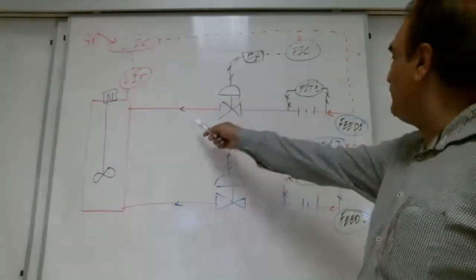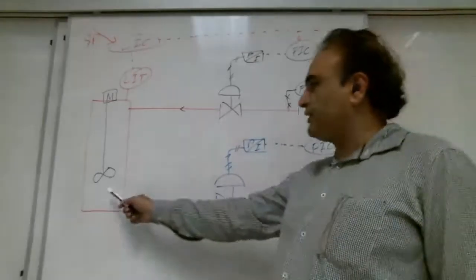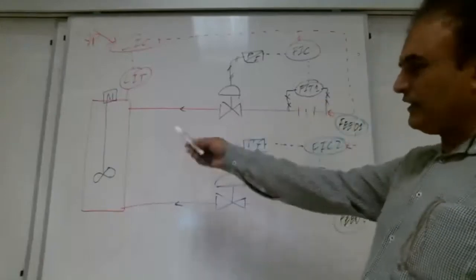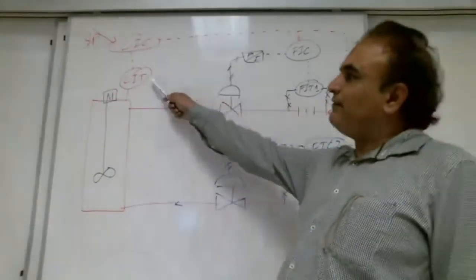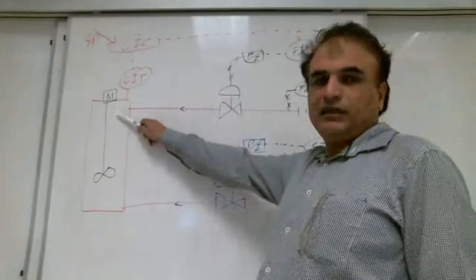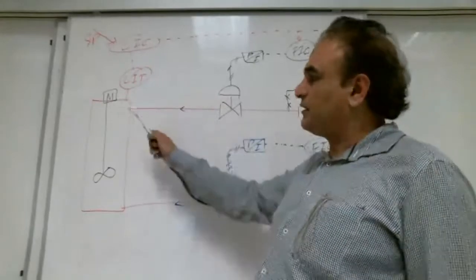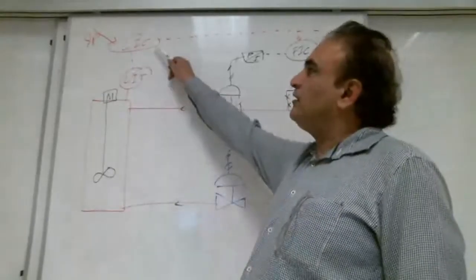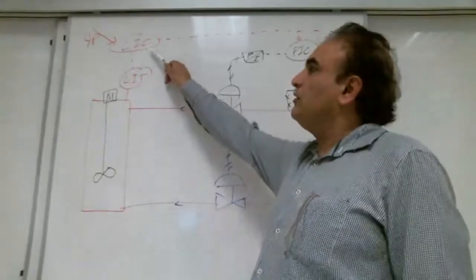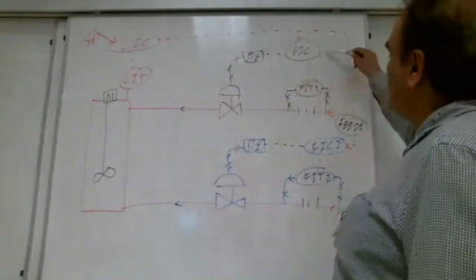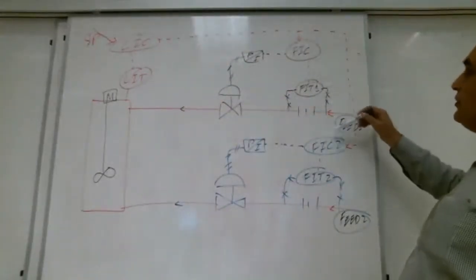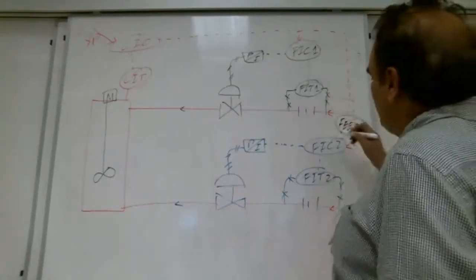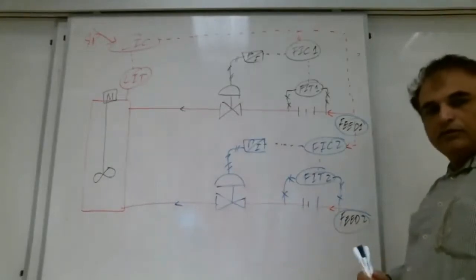So what we are doing, we are bringing this feed 1 here and this feed 2 here in this tank, and we are mixing it. After the tank, what happens, we don't know. So we have a level indicator transmitter here on this tank because we want to keep it up to some maximum level, and the minimum level is there. So we want to keep it, and this level is controlled by the level indicator controller. Output of this controller is coming to both of these, flow indicator controller 1 and flow indicator controller 2. Both of them, it is coming.